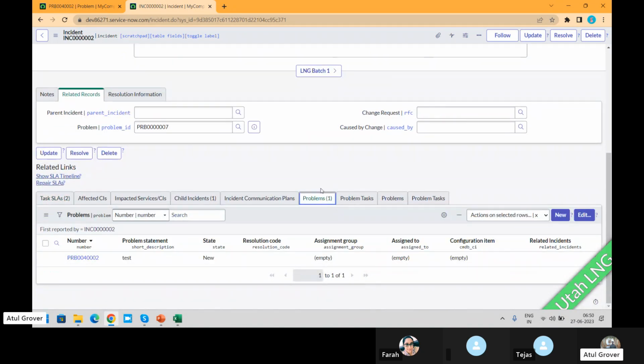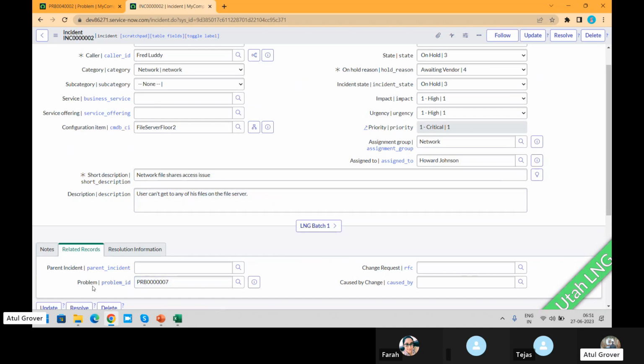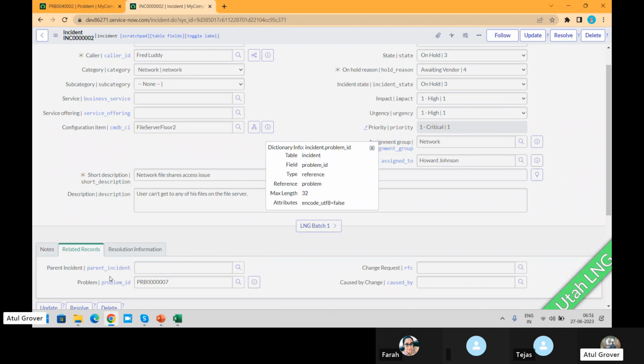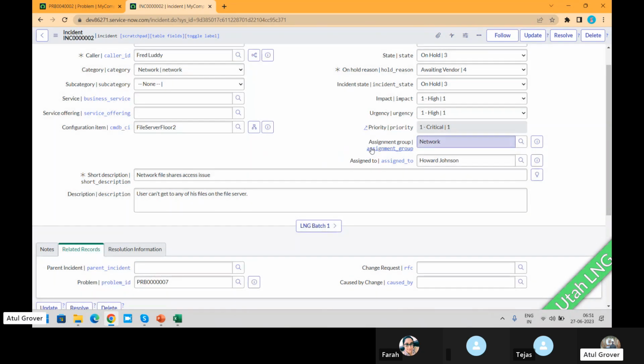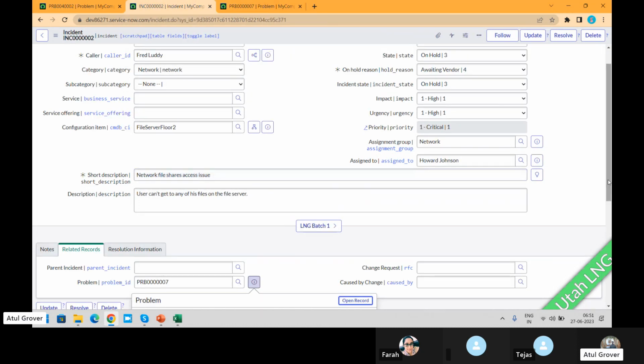It should be there, but it's not here. Why? Let's see problem 007. Open it. Incident number 1. But where is incident number 2?